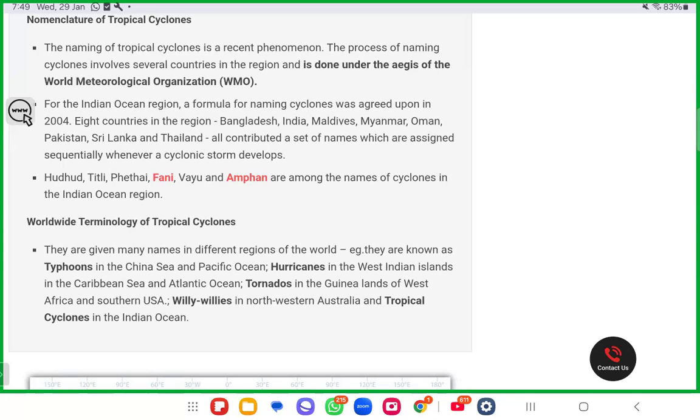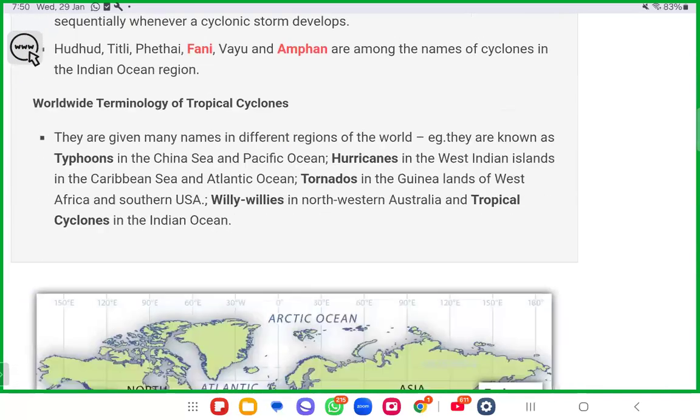So when you write about tropical cyclones, you also study the positive and negative impact. There is still a positive impact in some way or the other. The negative impact you can always make out: in 2020 cyclone Fani caused a lot of destruction, an economic loss up to the tune of 50 billion or 50 crore, as per the Times News report or as per the Chief Minister's report.